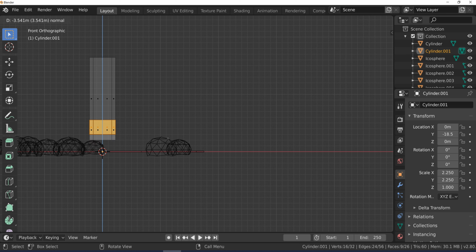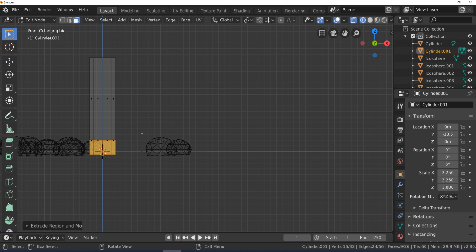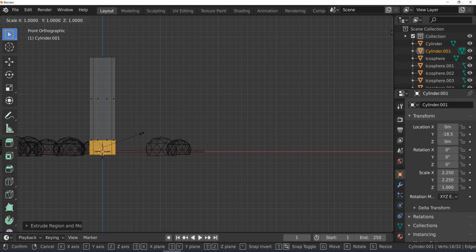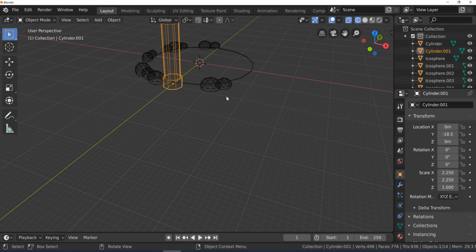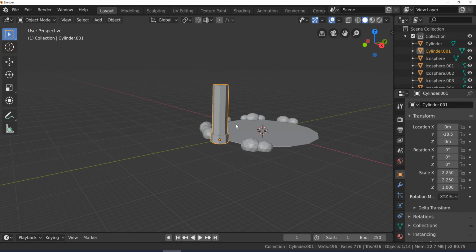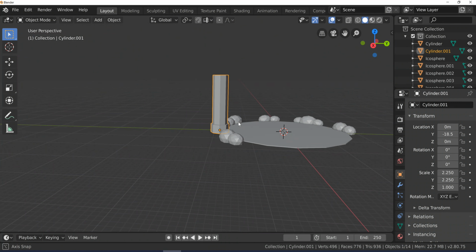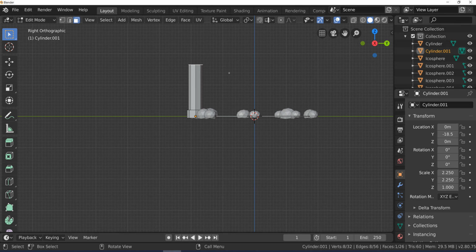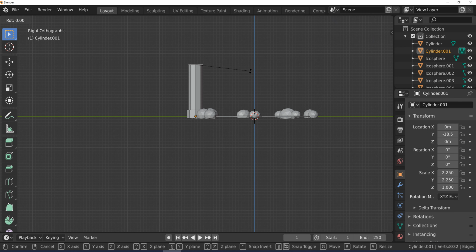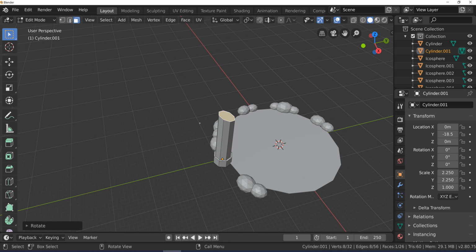I'm going to hit E, and then I'm going to not commit to moving it to any particular location by right clicking after I've hit E. Then I'm going to hit S, Shift Z, and scale that up by 1.2 along every axis except the Z axis. Then we'll go back into object mode, solid, just to make sure that it looks right. Now the final thing I'm going to do is select the top of our pillar, go into our front view, hit R and just rotate that slightly, probably like 18 degrees, just to make it look like this is decayed